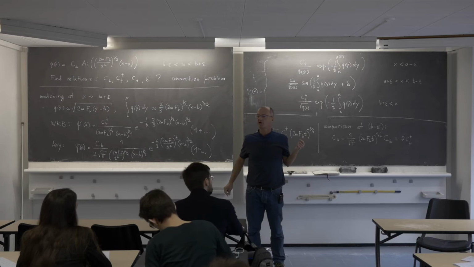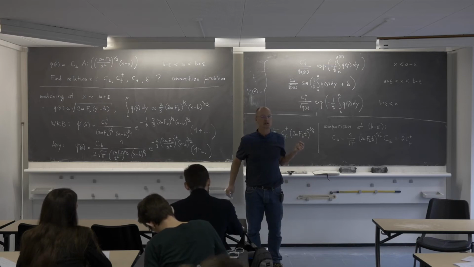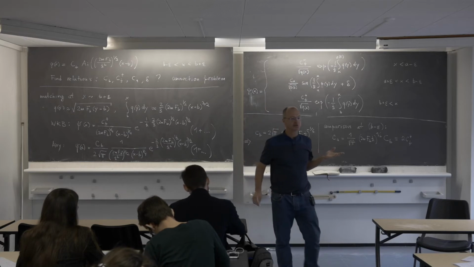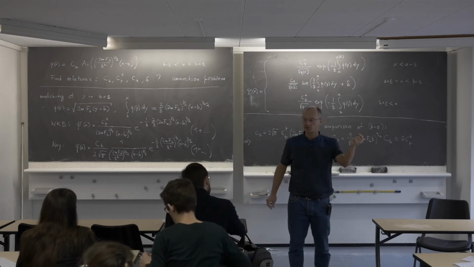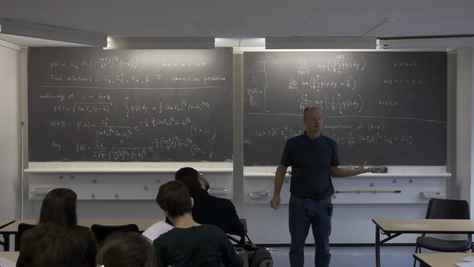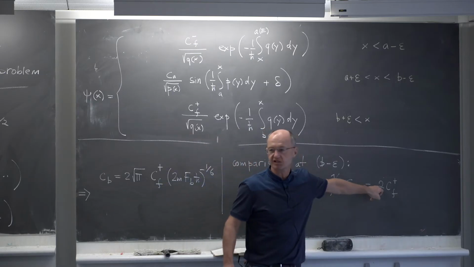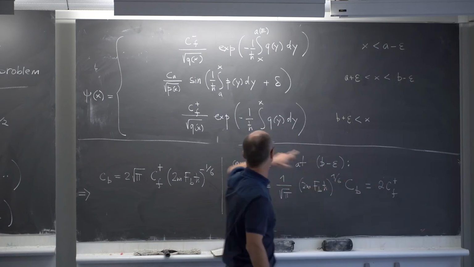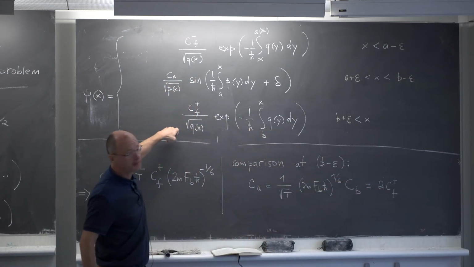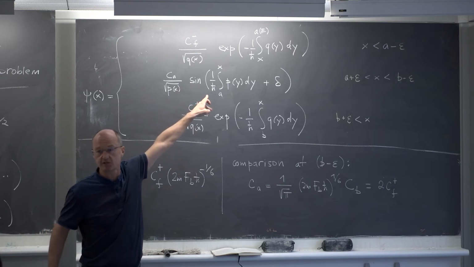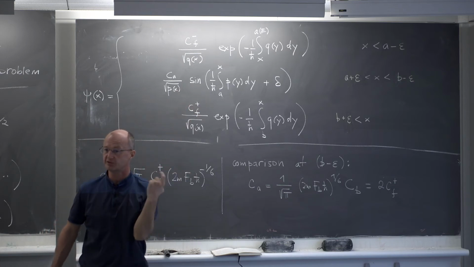Remember last time, I told you that in the Airy asymptotics, everything is important. One of the things which was important was the coefficient 2, which was present in one of them and absent in the other one. That's the coefficient 2 which tells you how to match the WKB asymptotics if you want to interpolate between them